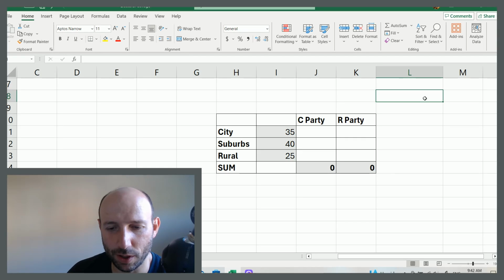How's it going, everyone? We're going to be talking about the Electoral College and how that affects election strategy. I'll give you the answer first, and then we'll run the numbers and show you exactly why election strategy is affected in that way. So here's what the Electoral College does.